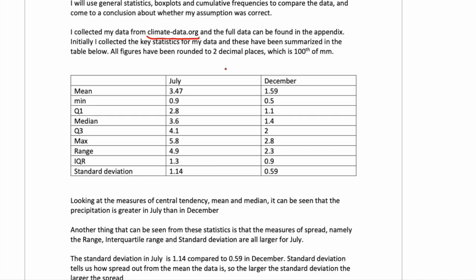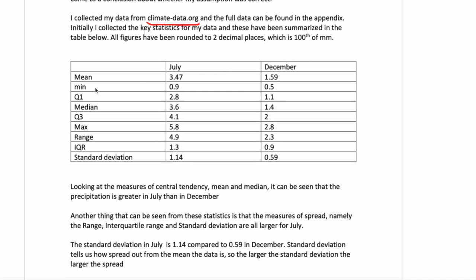With the statistics project, you probably want to start off by calculating things like the mean and standard deviation, and it's nice to have it organized into a table, right? So this table could be better. For instance, we could have the units here, maybe July precipitation, and the units, I believe, are millimeters, so you should always have the units. There's some problems with the notation, like this Q1, that should be a subscript. And then Q3 should be a subscript.